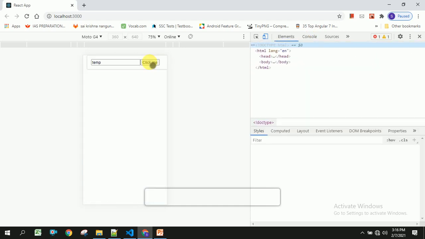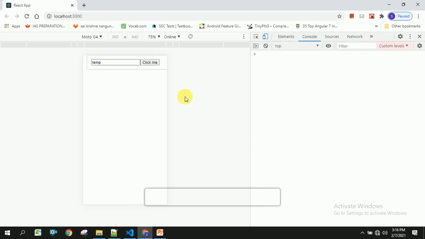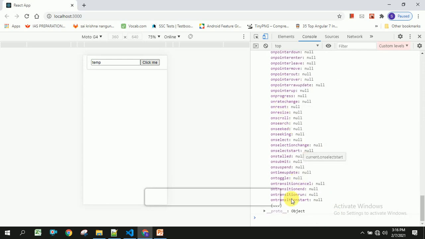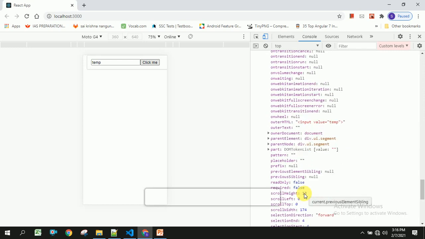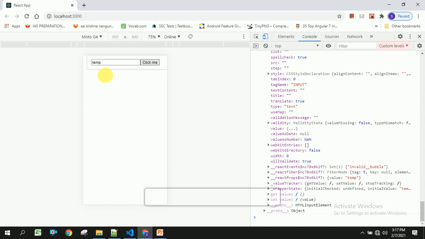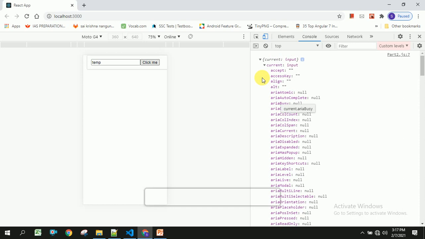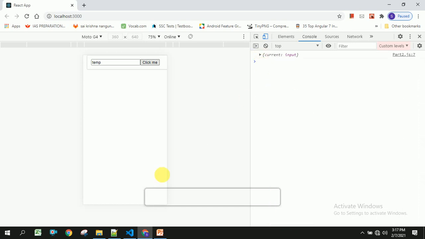Once the user clicks on this, you should be able to see the element. You can see here we have got the DOM element data, and I am going to check the value whether it's temp or not. You can see the value property, and you can see the temp got rendered here, and in this way we can access the DOM elements in our React application.